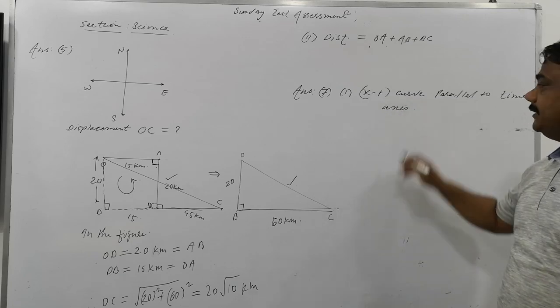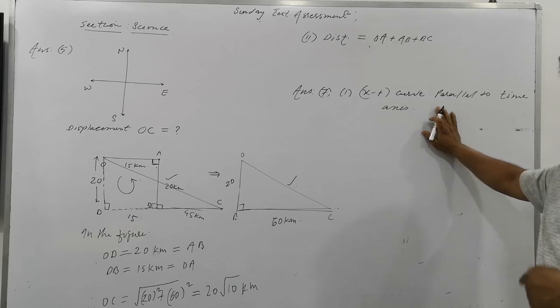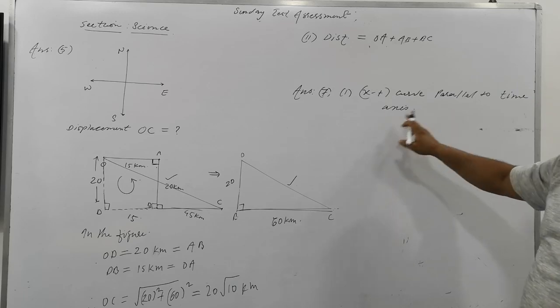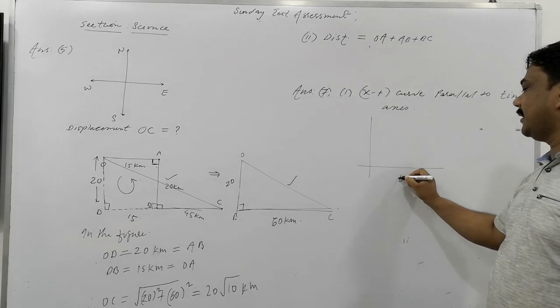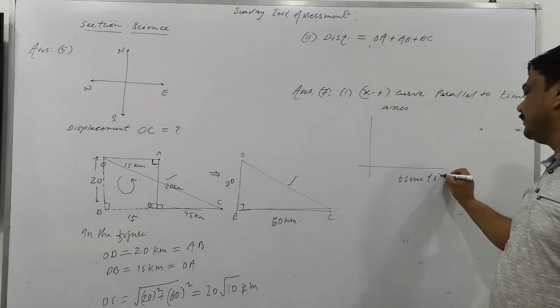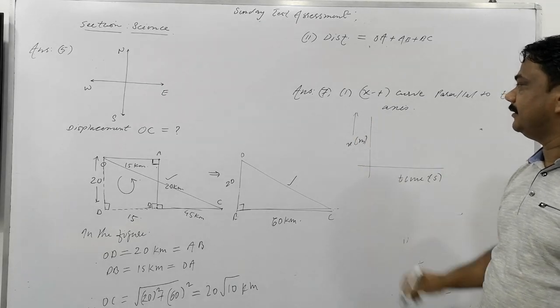This statement is not to be written as the answer, but as the class is online and I do not have the paper here, I am writing this statement. You have to write only one word. Here time is on the axis, whatever the unit, say seconds, and this is position, which can be in meters.